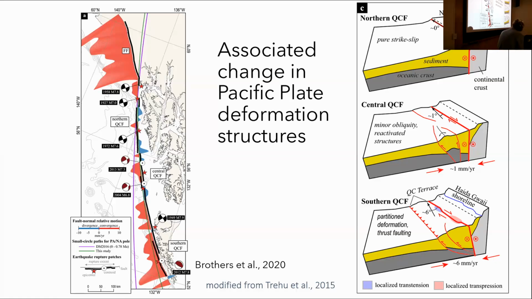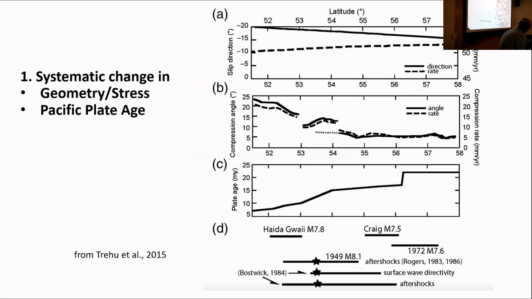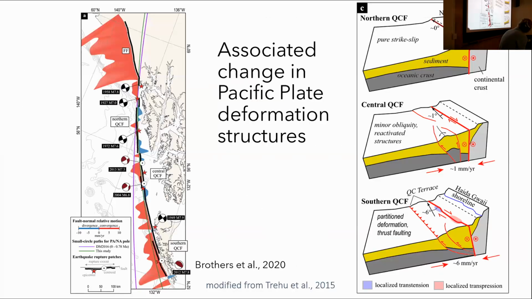Terrace, okay? And so this is the portion of the continental slope offshore Haida Gwaii. It starts to look a little bit like an accretionary prism of a subduction zone. I'll show you some examples of that, the real data, in a minute. You have the terrace being associated with deformation, maybe shortening of the Pacific plate to accommodate that compression in the south. That evolves, sorry everybody, okay, that evolves as you go to the north into